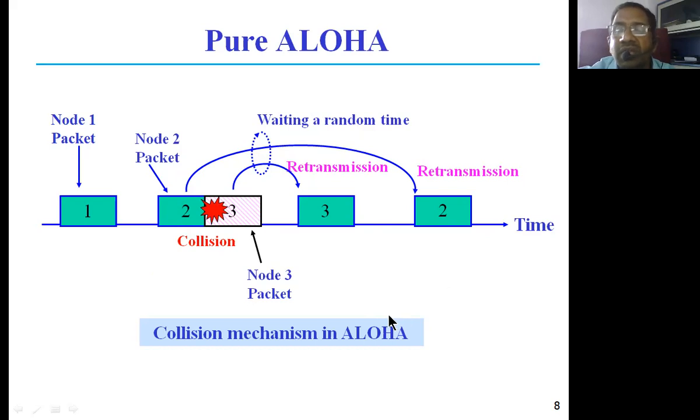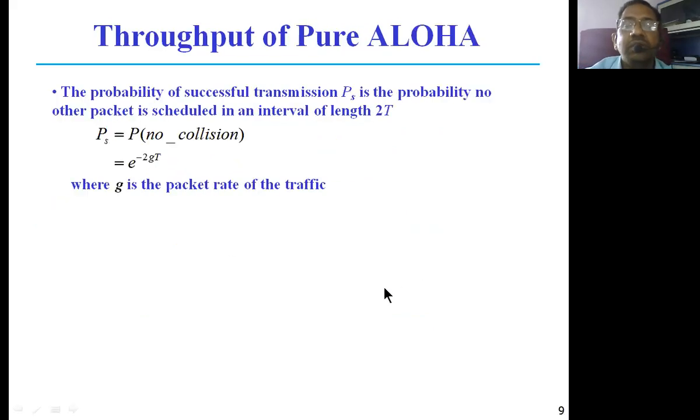That means if the traffic is very busy, many collisions take place, there is much waiting time, and much retransmission takes place. These retransmissions may once again get collided. All these problems arise if the traffic is really huge. Therefore, for very huge traffic, Aloha protocol cannot really serve the purpose.